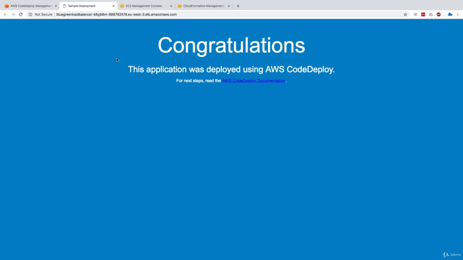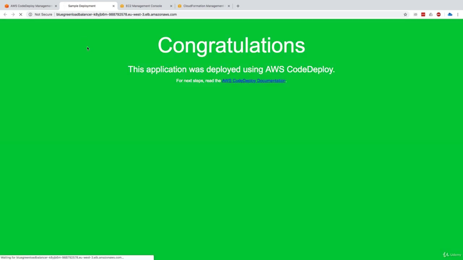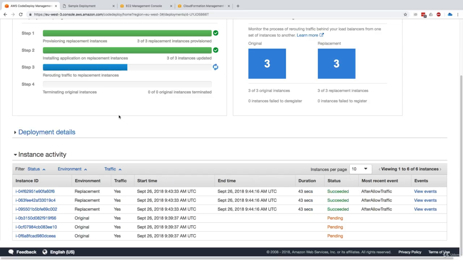So the fun thing to do here is to start to refresh the page. And as you can see, as I refresh the page many times, you see blue and green. So the load balancer is currently serving to my V1 and my V2 application. And so what should happen is that because everything seems to be working just fine, very soon, all the traffic will be rerouted, as you can see, yes, to all my instances. And now when all the instances have the traffic rerouted to them, we should see the original instances being terminated. And so that's the whole idea behind a blue-green deployment.